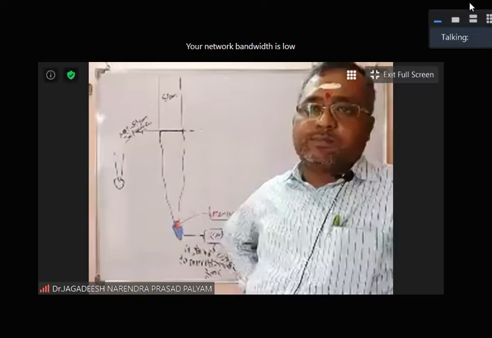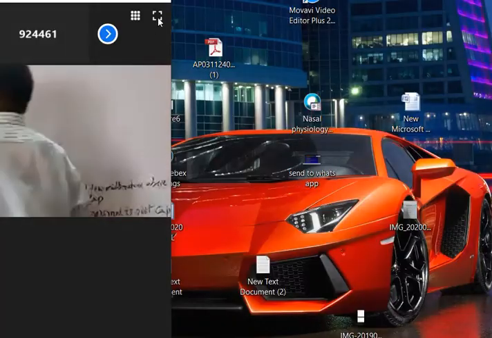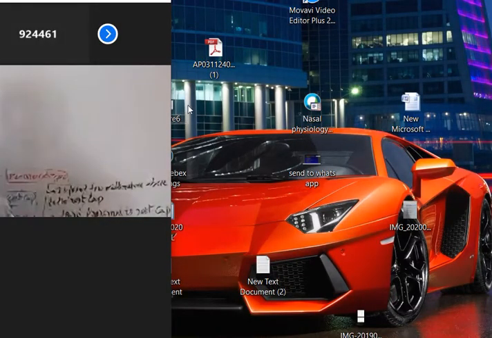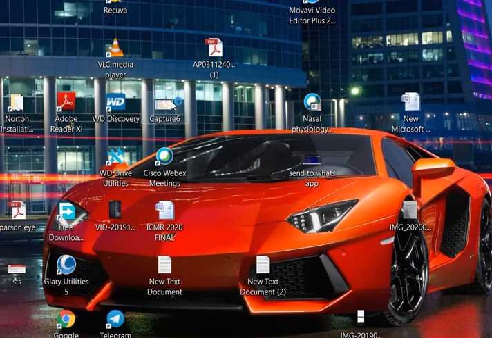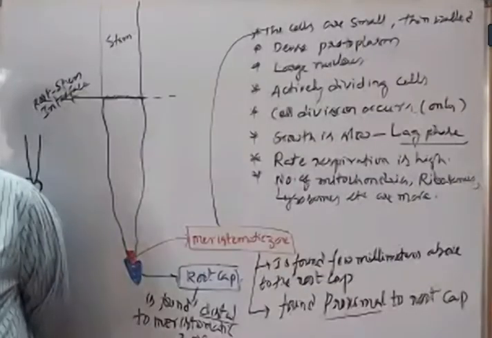Meristematic zone consists of cells that are small, they have thin cell wall, and show dense